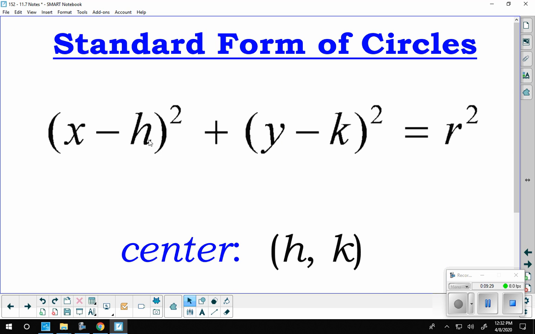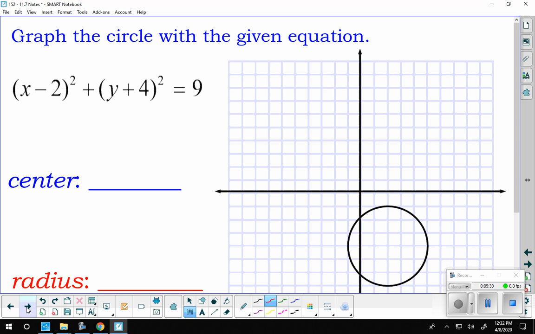So again, here's standard form of a circle with center at +h, +k. So again, remember it's always the opposite sign. So now let's work on graphing these circles. So where's my center at? This says -2, so my center is at +2. This says +4, so my center is at -4. So to the right 2, down 4. And then